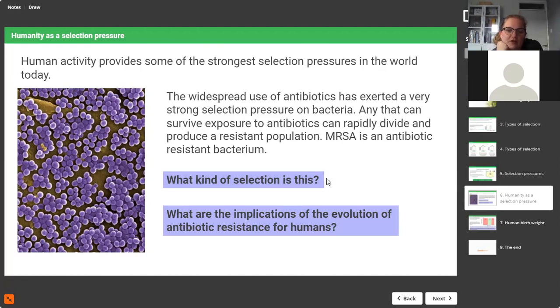What are the implications of the evolution of antibiotic resistance for humans? It's not very good, to put it bluntly, because bacteria can reproduce quickly. Any that are resistant are going to become the stronger, more dominant ones. So that's why we have to try and look for so many more antibiotics. It's why we're trying to not use antibiotics too much anymore, because the less we use antibiotics and the more we let our body try and fight off bacteria ourselves, the less likely these few resistant ones that you might have in your body are to have the chance to create a resistant population